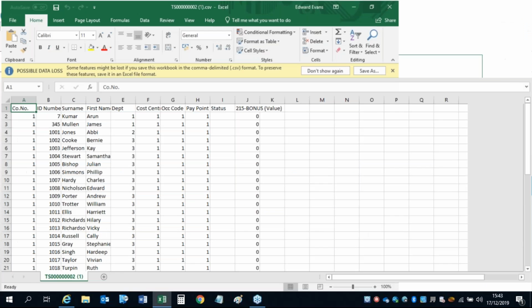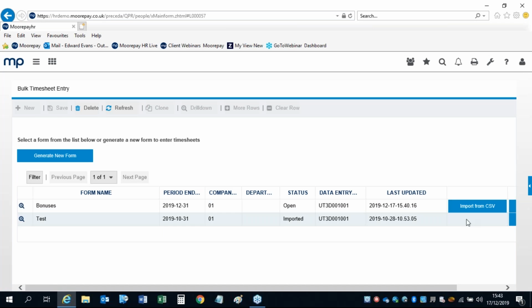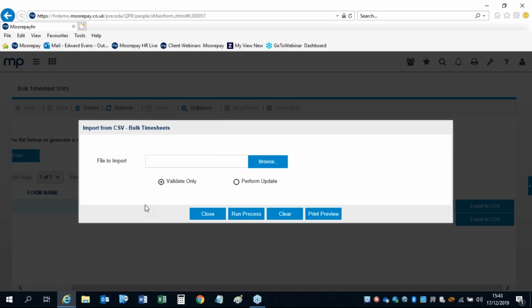And as you can see there, we've got a list of all the staff, and at the end, you've got the bonus there. So as long as your file that you have with all the bonuses on is in the same order as the employees on here, then you'd be fine. So you have to sort it and make sure that they both correspond. But then all you'd have to do is copy that column into here, save it, and then once you've saved it, you could then click on Import from CSV,